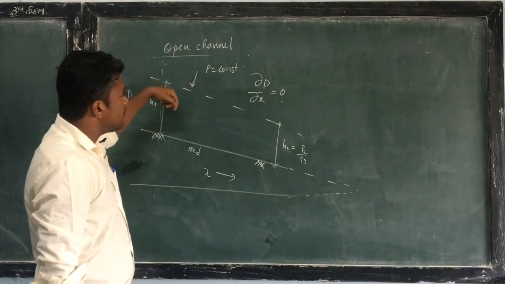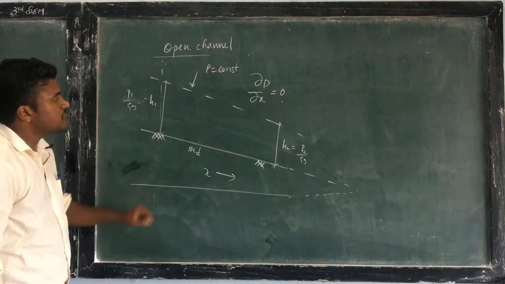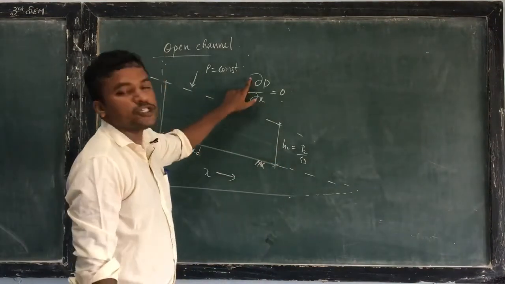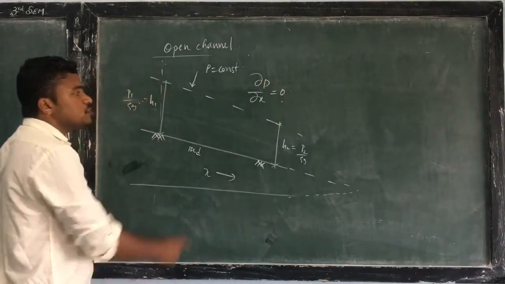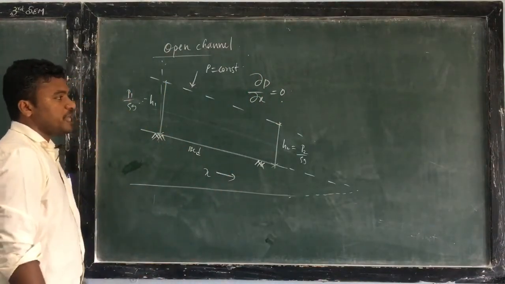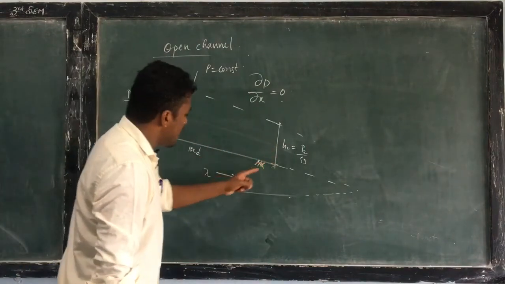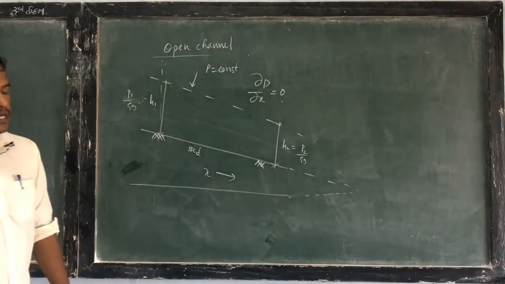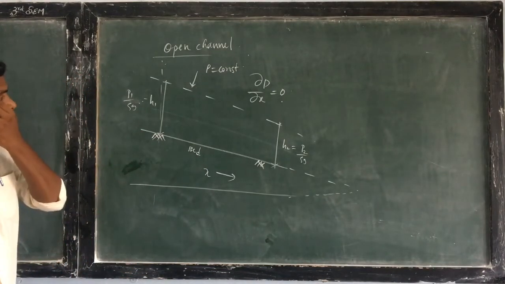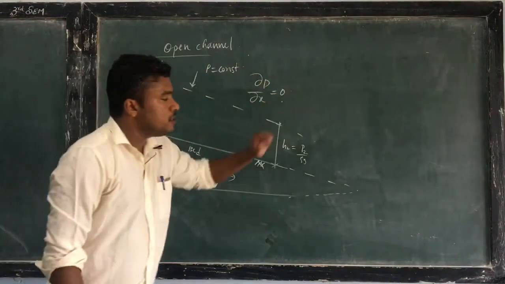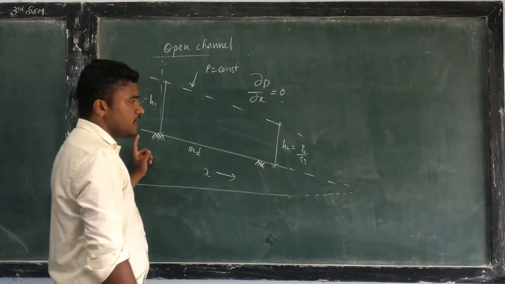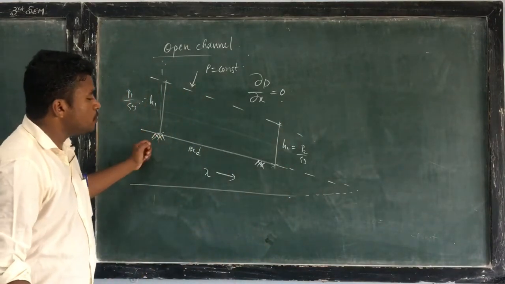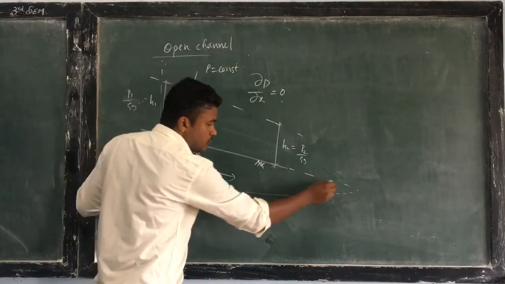It may be the acting pressure or it may be the resisting pressure or stress. That indicates that with respect to flow, the variation of pressure is equal to 0. That means there will be no variation of pressure in the direction of flow. That makes the flow in an open channel not depend on the difference of pressure, right. If you take pipe flow, the flow depends upon the difference of pressure. In every flow there will be resistance, and to overcome this resistance we have to create this flow, which is i.